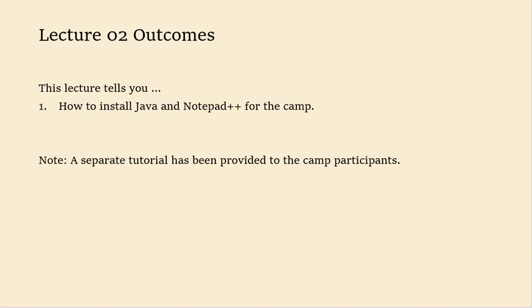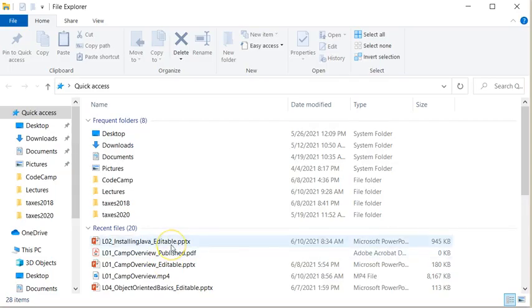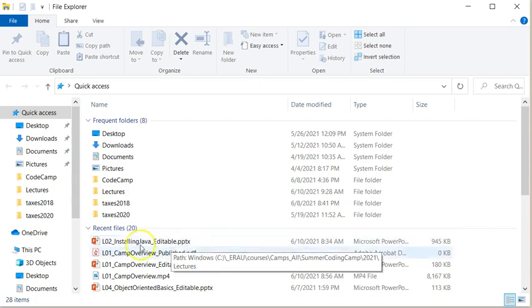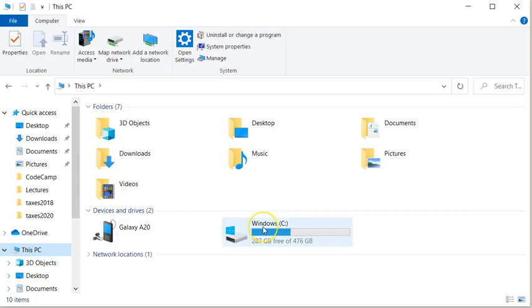Before we talk about Java and Notepad++ per se, let's talk about Windows, command prompts, things like that that you're going to be using. Most people are familiar with manipulating their computers using Windows and using the different directories. So let me switch to that. Here's a directory for me, and we start out at the top. This is called the C drive. That's the highest, most root, basic